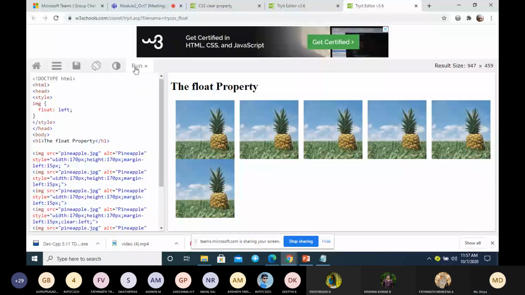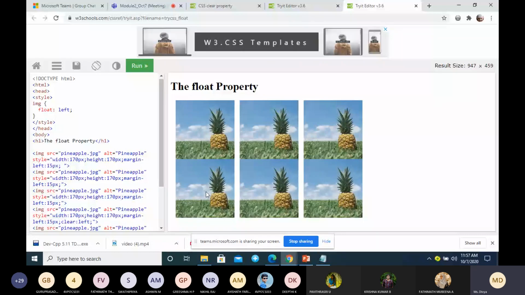clear left, you can see here for the third image we have given clear left. So the left side of this third image is clear. That means nothing appears to the left side of this image. We don't have any element on the left side of this image. Even if I space this image to the left here, another image would come on the left side. So if you don't want anything to come to the left of this particular image, then we can give clear left. Similarly, you see what happens if you give it to the other images.